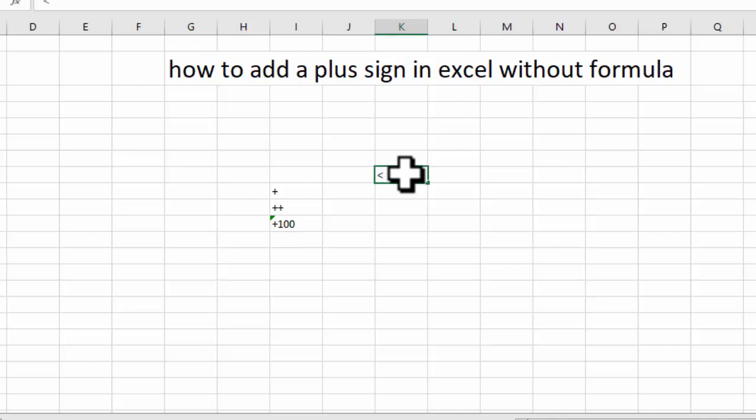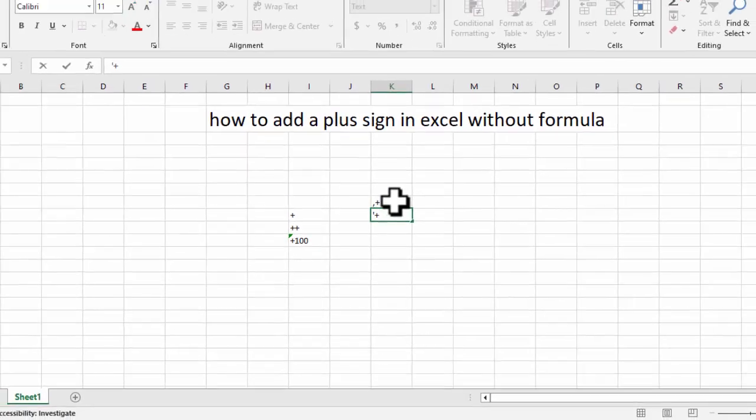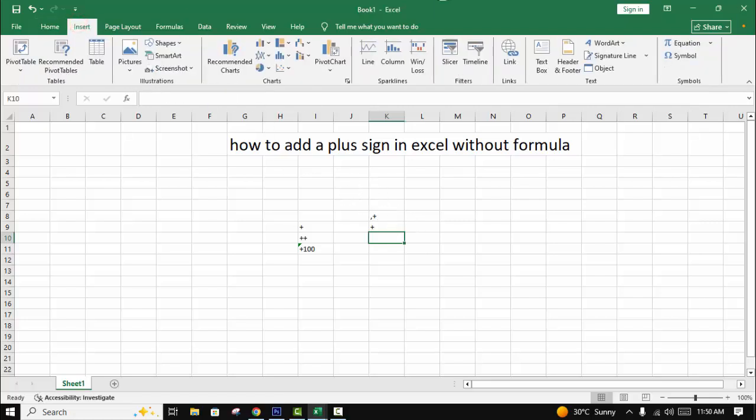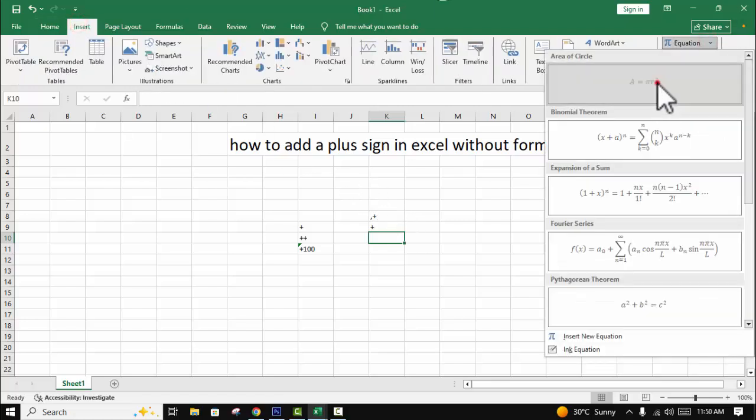And step 2. Use this comma plus sign. First of all, use any character, use plus sign. And step 3, go to Insert tab, Equations,